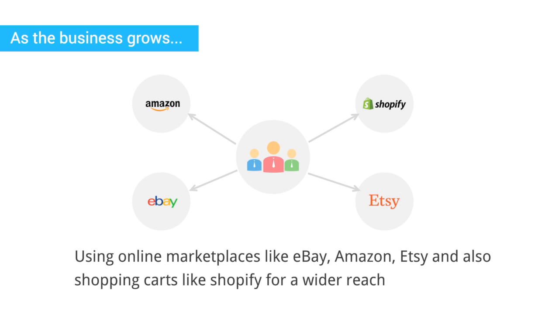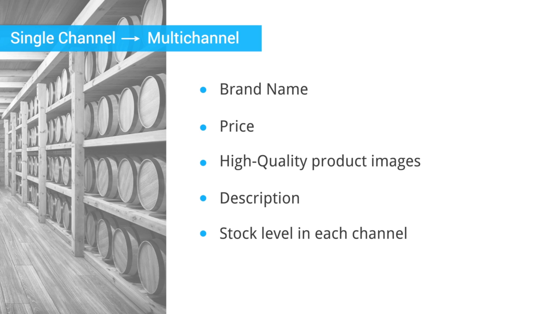So what are those? She had to come up with a brand name which is attractive and catchy, and then a price that's appropriate and competitive enough compared to the other players in the market, and high quality product images, which is a very important aspect when it comes to selling on online marketplaces, because customers look at these images while making their buying decision. So having high quality product images is quite important, and then a description